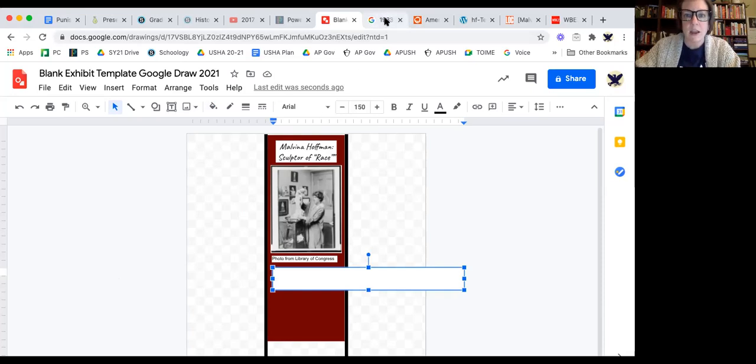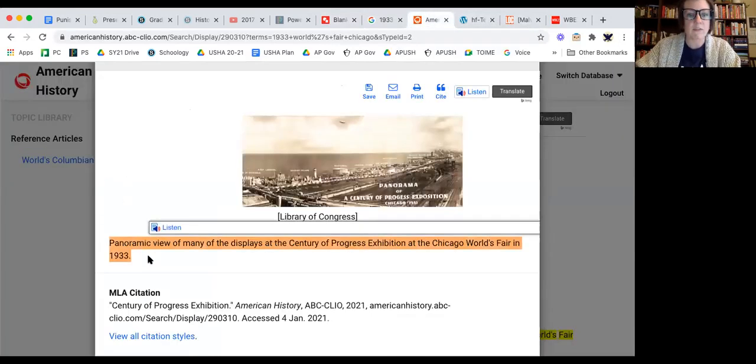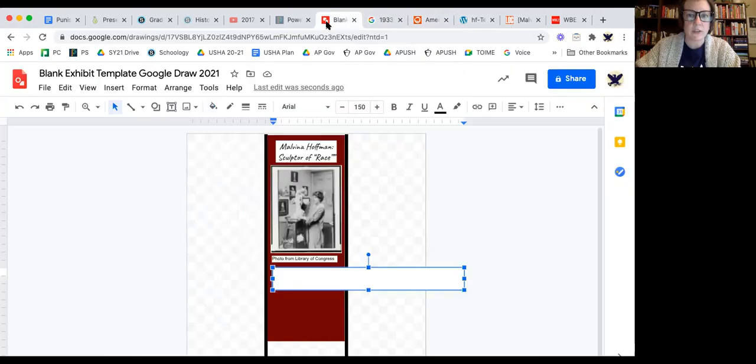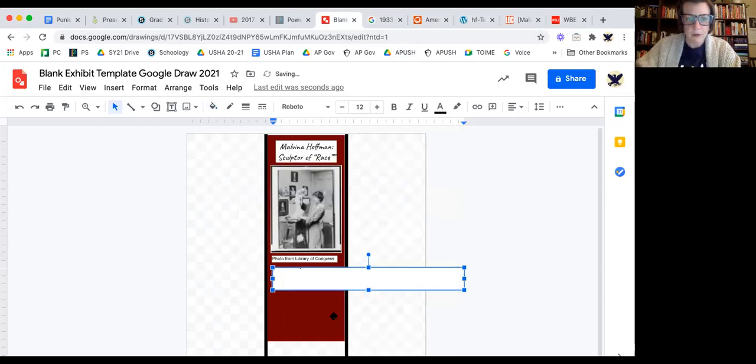So let's say, I'm just trying to find where I might have some other information here about her. Let's say this is information I wanted to add. So I'm just going to copy this just to illustrate here how this could look. And then paste it right in here. Paste. It comes up super tiny, right? Because it's really small on the other website, but if I bump it up to 150, then you can see